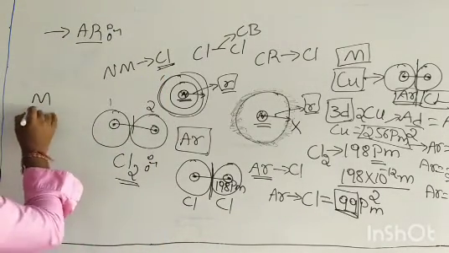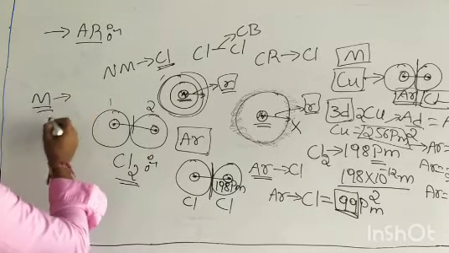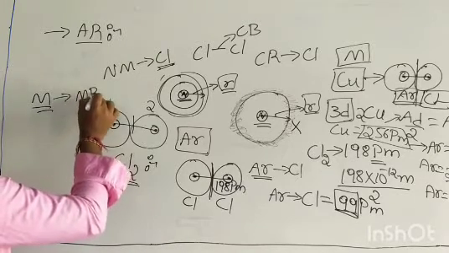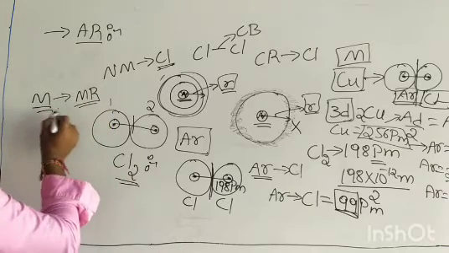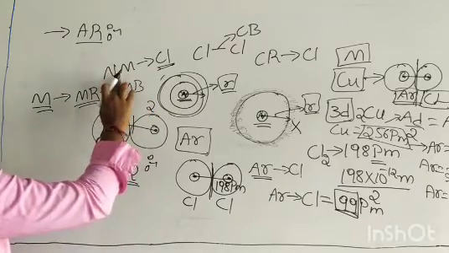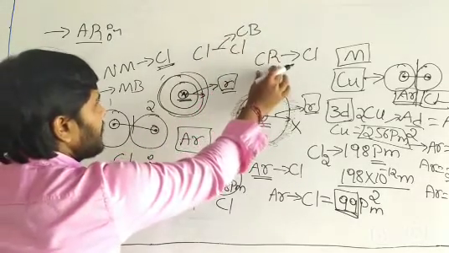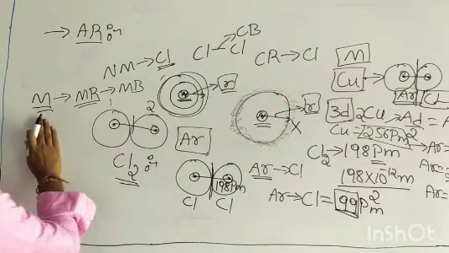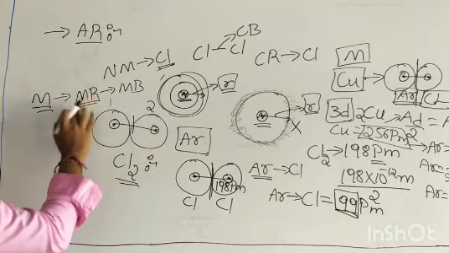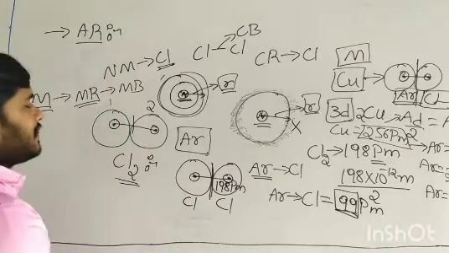If the elements are metals, then the radius of a metal atom that you calculate will be considered as a metallic radius, because in metals there is the formation of a metallic bond. Okay, whereas in non-metals the elements are joined by a covalent bond and the radius will be taken as the covalent radius. Whereas in metals, the metals are bonded by a metallic bond and the radius is considered as a metallic radius. Okay guys, in our complete chapter,